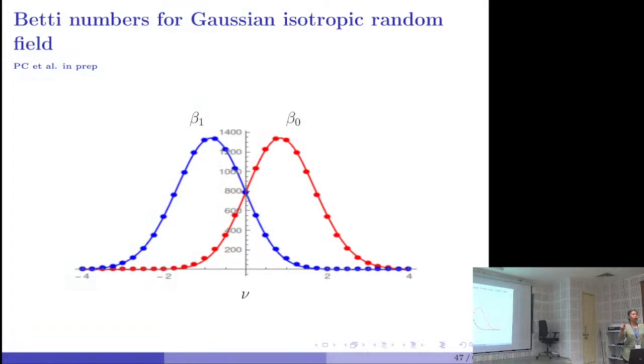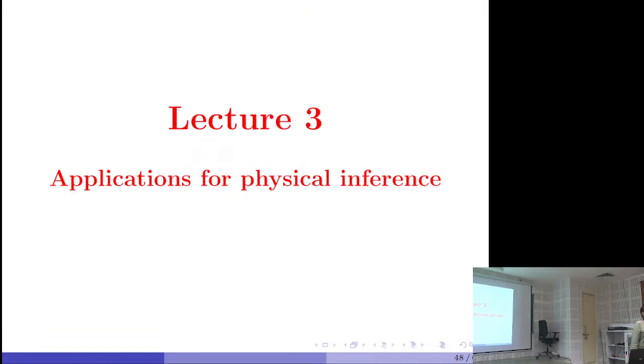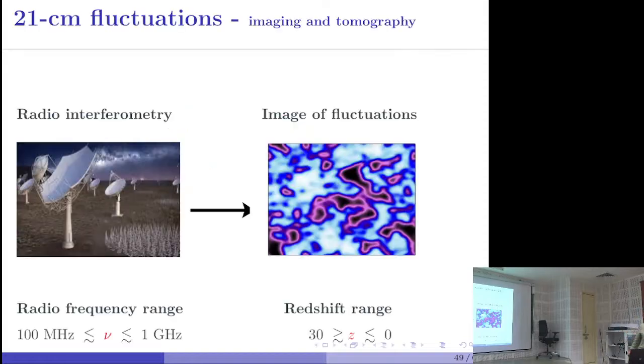So I have shown you all the things that I introduced, their calculation, and how they behave as a function of threshold. Okay, that completes the introduction. Next, I want to give you one example of how we use this morphology to constrain 21 centimeter